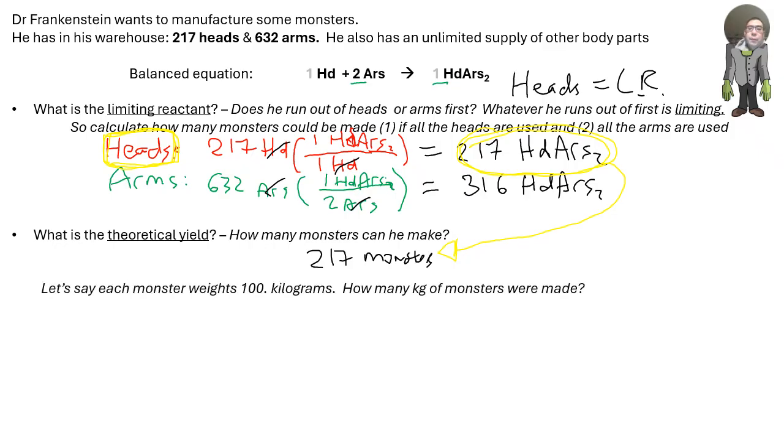Very often, the theoretical yield question in real life doesn't say how many molecules or how many moles, but what mass. And we can answer this for the monsters also. Let's say each monster weighs 100 kilograms. How many kilograms of monsters can we make? Well, if we have 217 monsters,